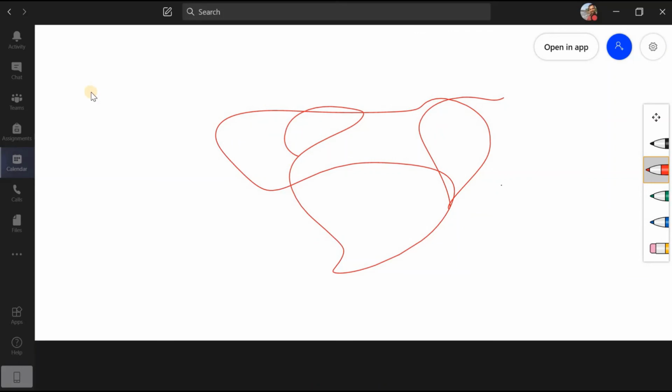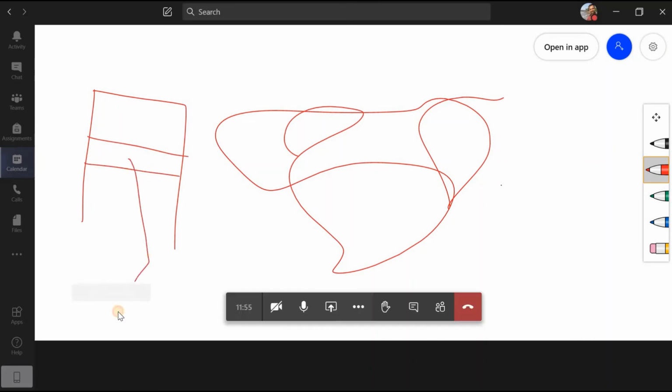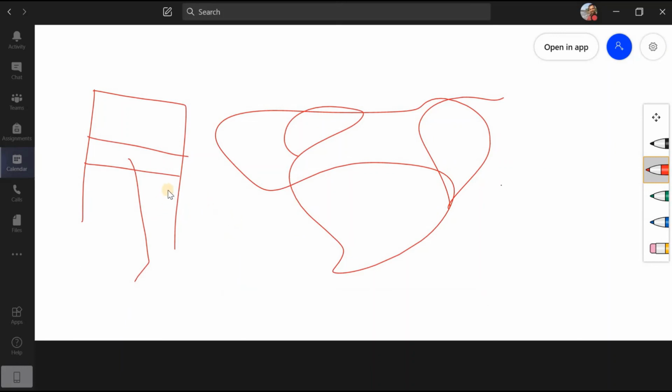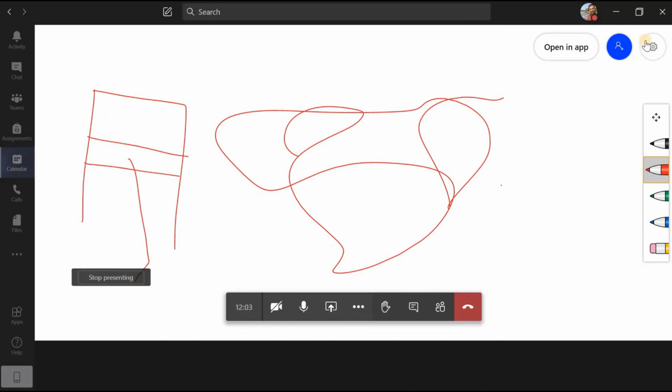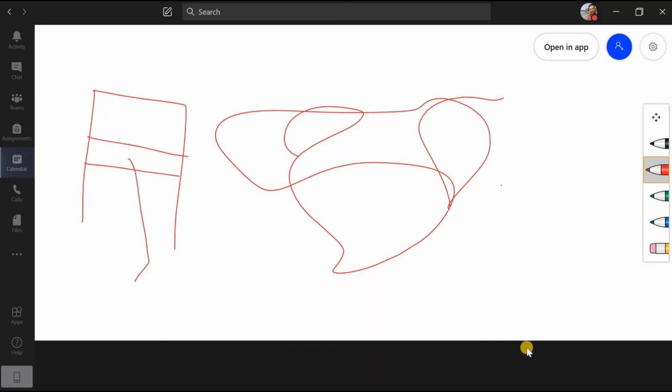Suppose I want to draw a piston and cylinder assembly. That is also possible, but your skills need to be sharpened in order to prepare it. Okay, and you can easily share this, or with the help of this you can explain to the students.